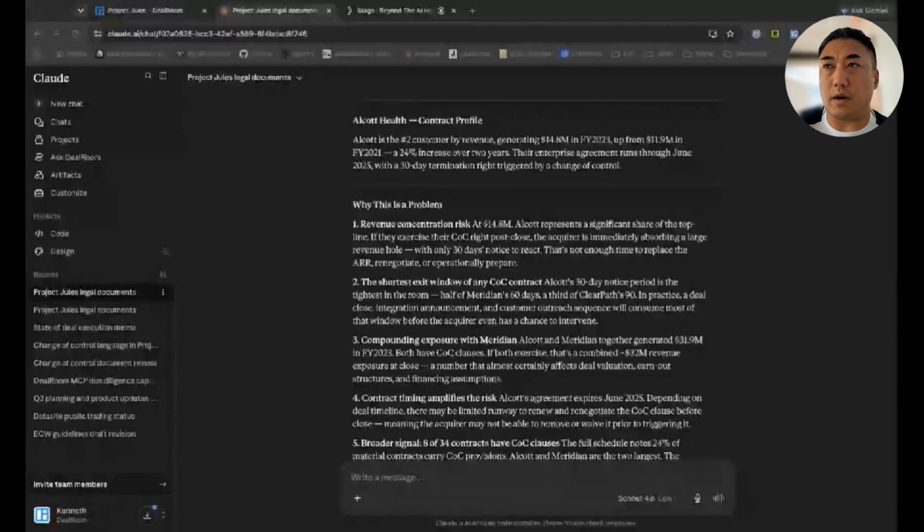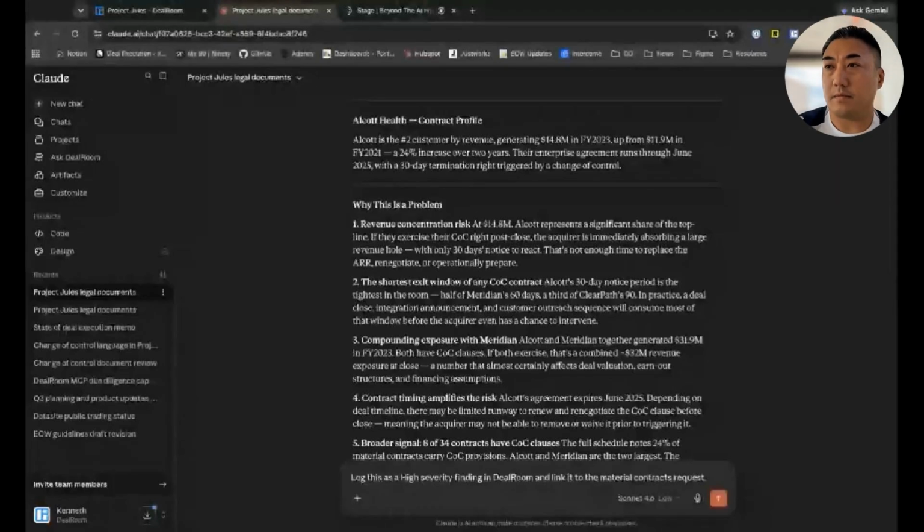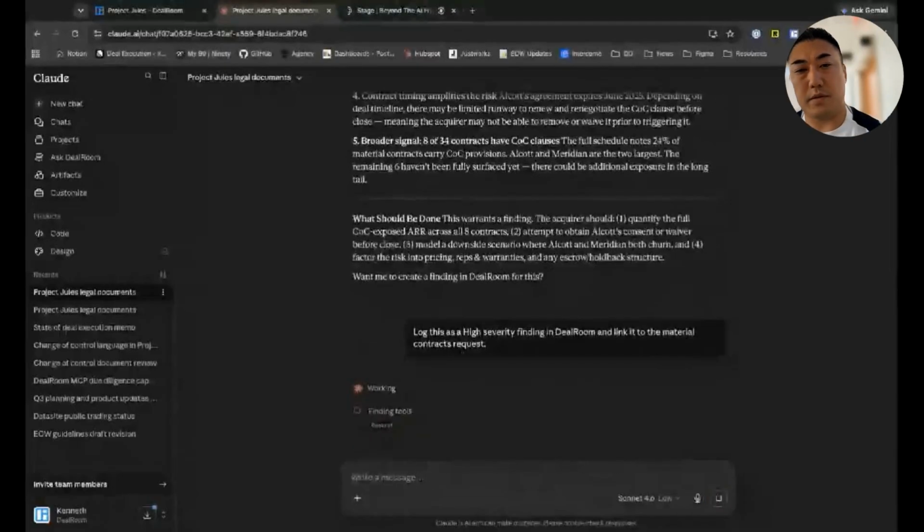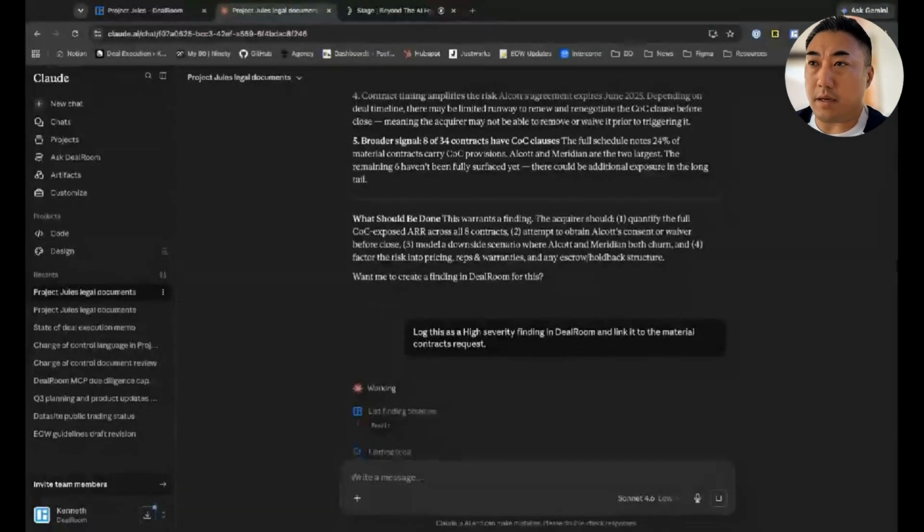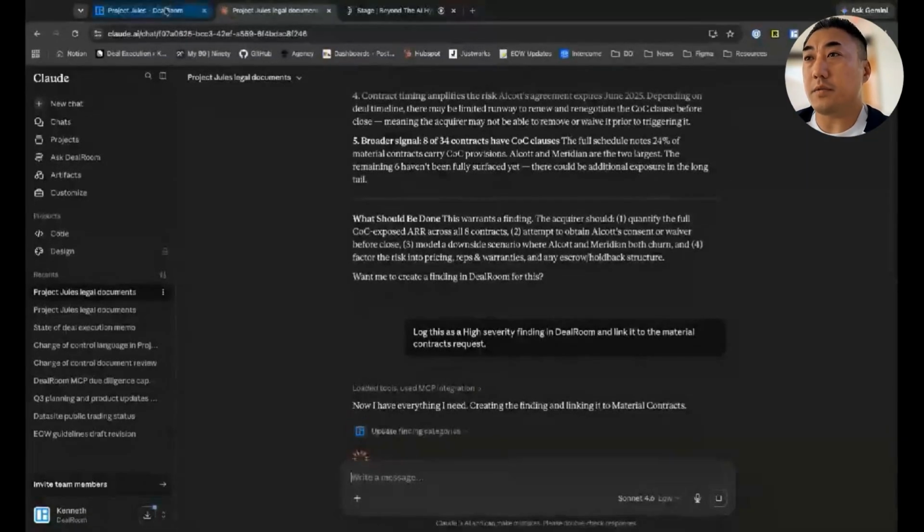And this is really where DealRoom's MCP earns its place. So what I'm going to ask Claude to do now is to take this issue and save it in DealRoom as a finding. As we're waiting for it to save, what we've done here is open a data room, analyze the document, identify an issue, and push it back into DealRoom, all within about 4 minutes. And now if we go to DealRoom,